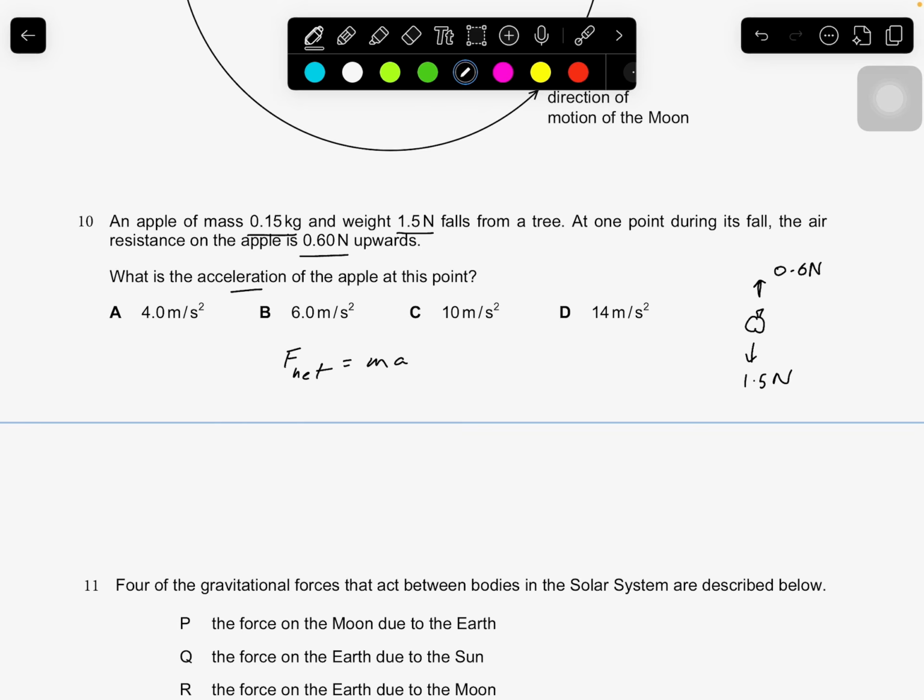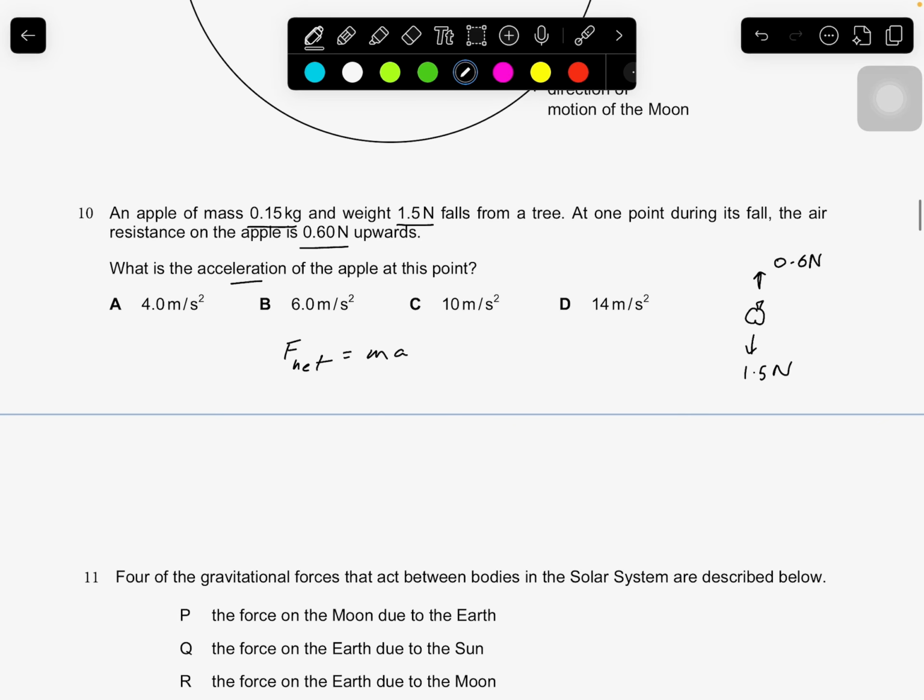Okay, and you want acceleration, so we're going to do the same thing we've been doing since the beginning. F equals ma. F net is your net force. They're opposite forces, so you're going to subtract them. So 1.5 take away 0.6 is equal to the mass of the object, 0.15, multiplied by acceleration, which is what you're finding. So 1.5 take away 0.6,